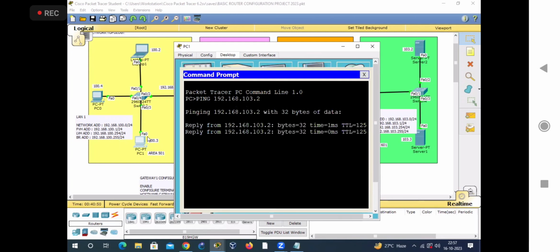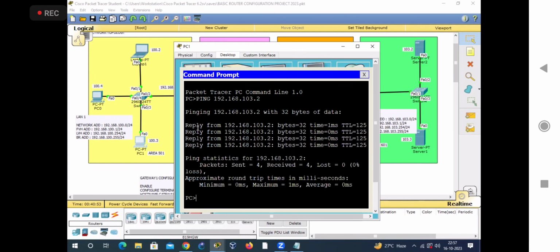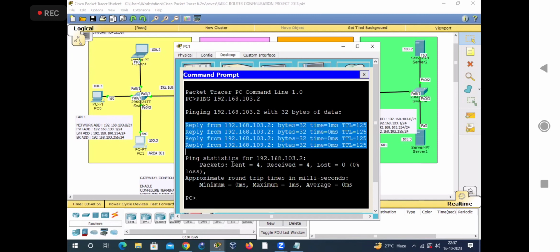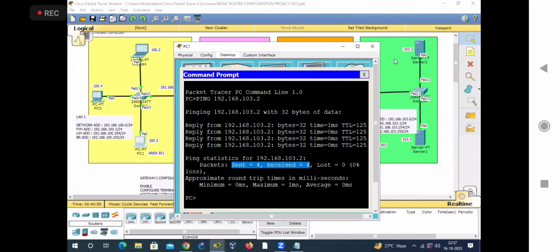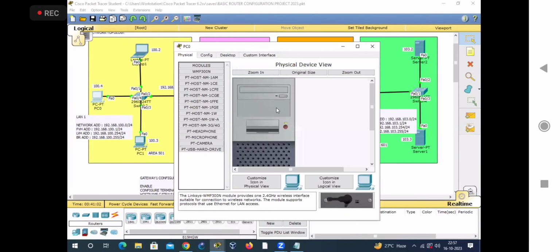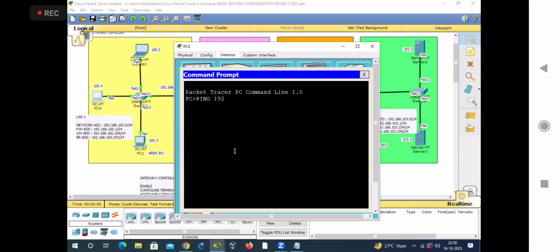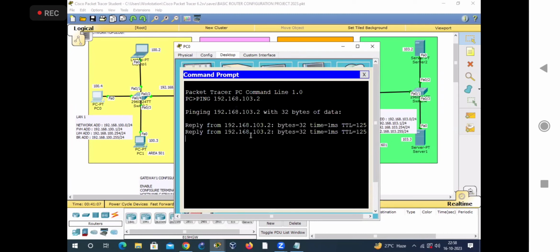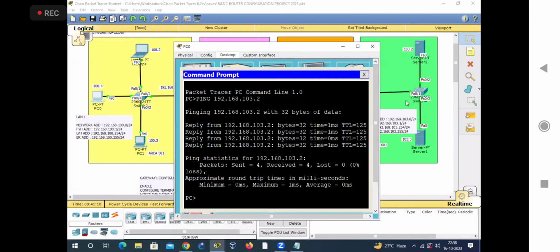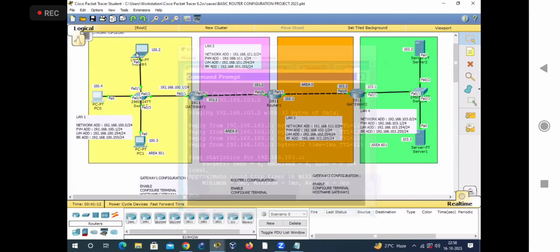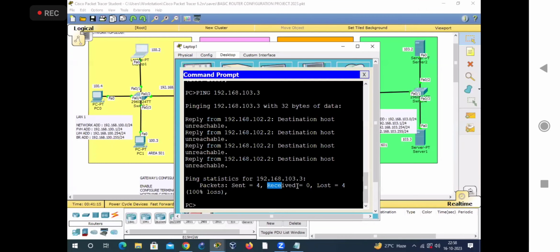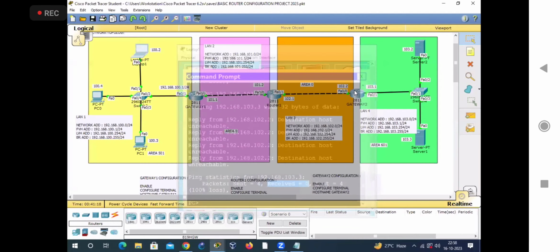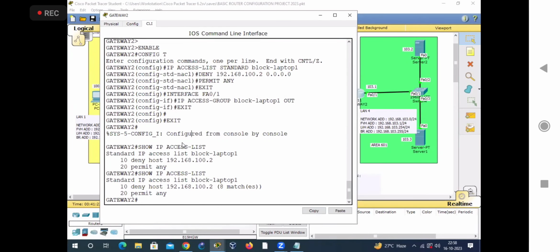192.168.103.2, see that this machine is getting replies. Okay, so we are not blocking this machine's communication. This laptop one is blocked, but remaining machines are allowed. Okay, अगर इस मशीन से पिंग करता हूँ, so here also you can see we are getting the reply. Okay, लेकिन इस मशीन से सारे पैकेट्स ब्लॉक हो रहे हैं। Okay, so that is what you are getting the advantage of using ACL. Okay, इसका स्क्रीनशॉट लो, ऐसा ही अप्लाई करना है।